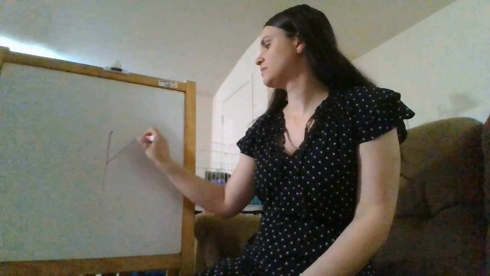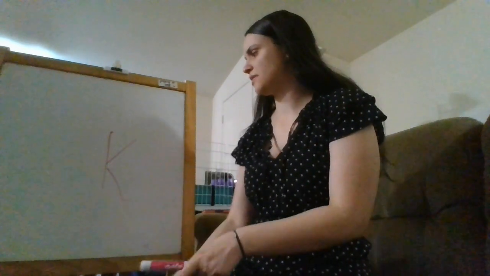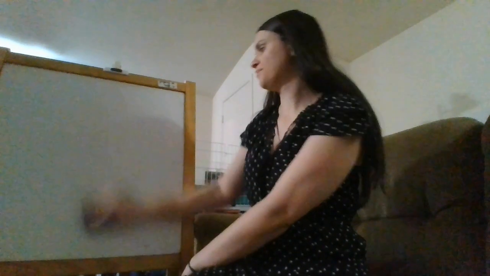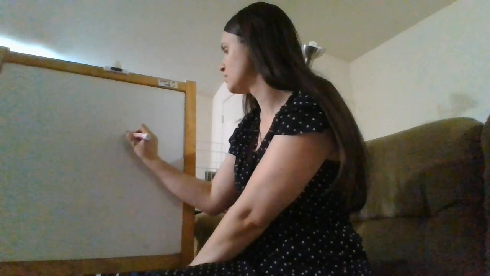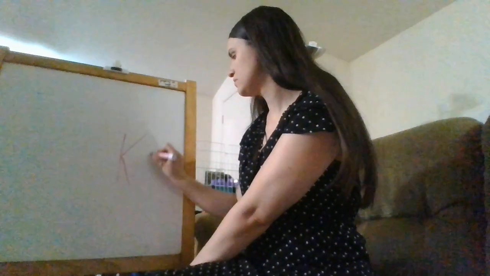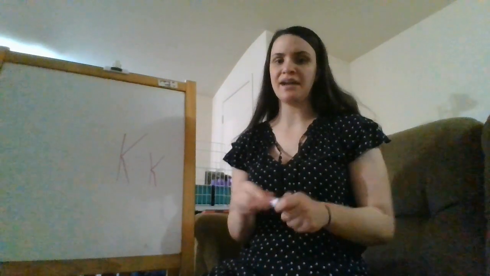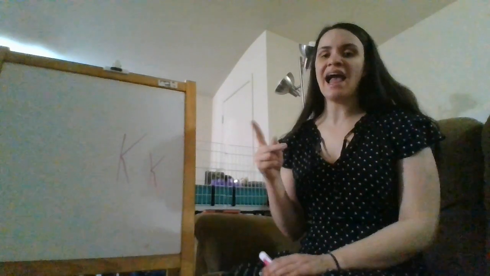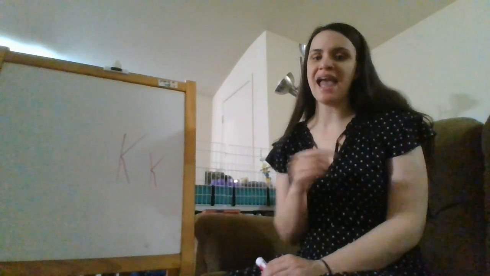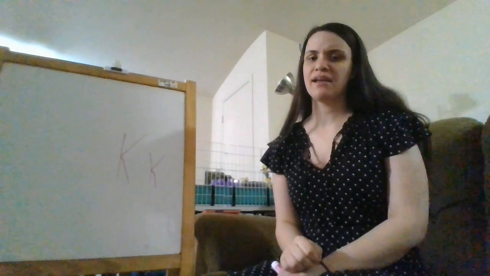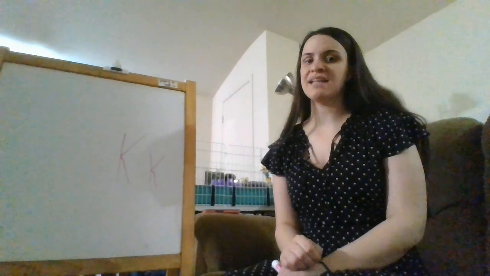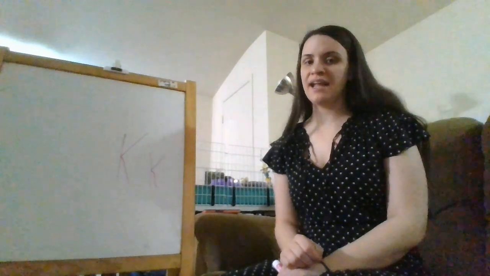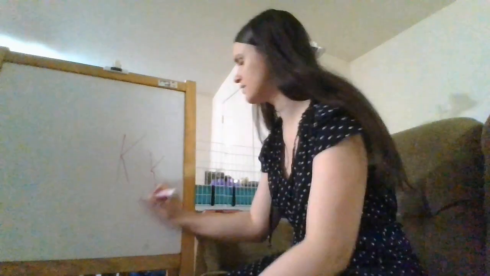Okay, let's go over our new letter of the week. Ooh, that came out very messy. Sorry. Whoopsie. You know how wobbly this board is. Okay, who could tell me what letter this is? What letter is this, friends? Good, it's the letter K. Can we say K? Ready? K. And what sound does the letter K make? It says ka, ka. Can we say that together? Ready? Ka, ka.